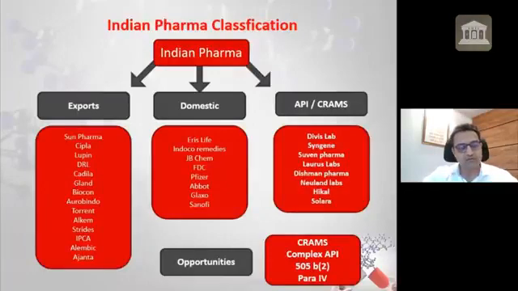Gland has got some good capabilities in injectables. I typically don't like Biocon, even if it is in biological drugs, because it's more of a biosimilar drug. If you look at what a biosimilar is, it's nothing but a generic biologic drug. It's a similar biological drug, so it's not exactly the same. In case of chemicals, it's an exact copy, whereas a biosimilar is not the exact copy. So for biosimilars, gaining market share is very difficult. That's where I don't prefer Biocon.